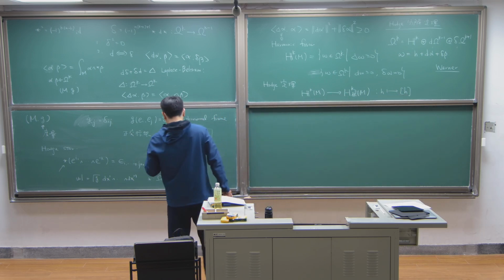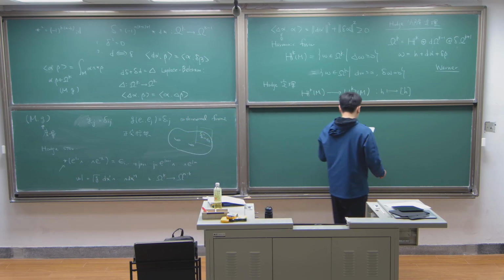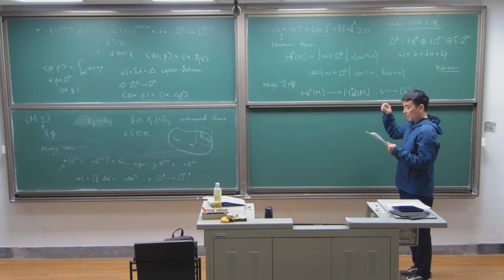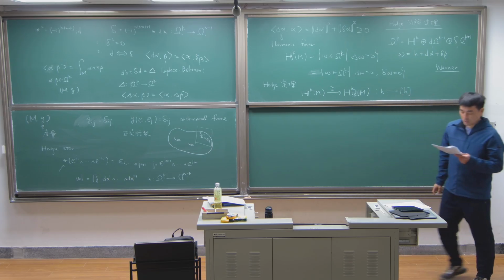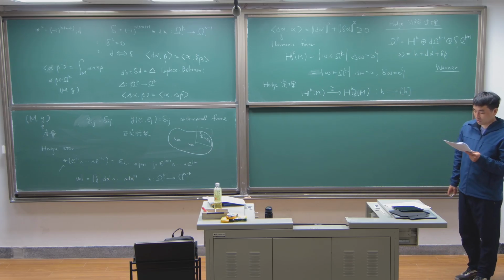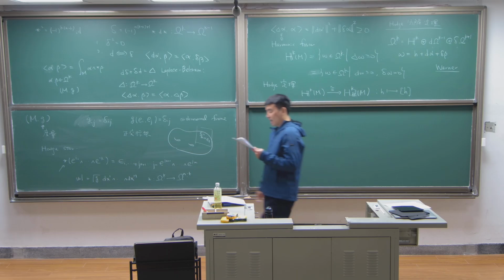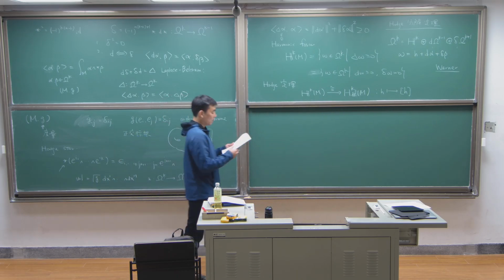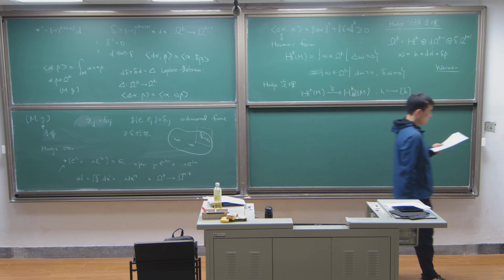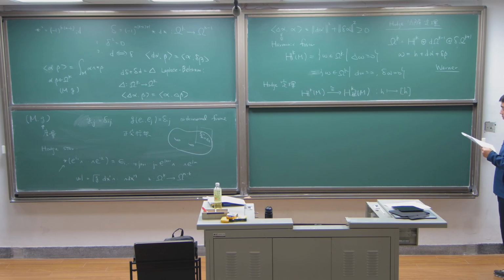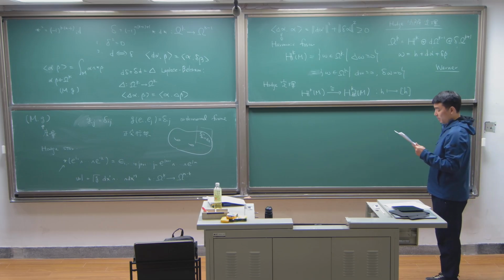Okay. And in fact, this is an isomorphism，向量空间同构，所以每一个 de Rham 上同调类中存在唯一的 harmonic 调和形式为代表元。